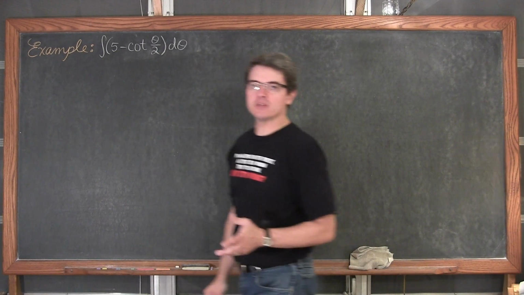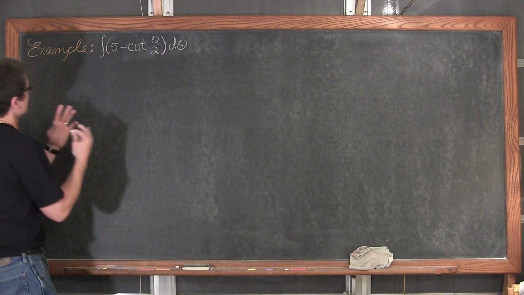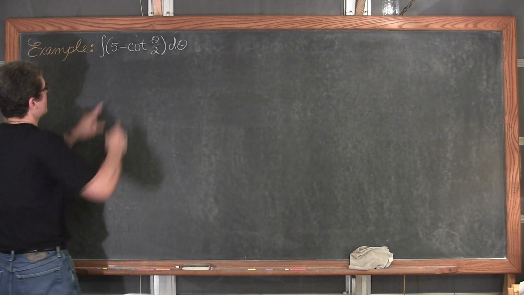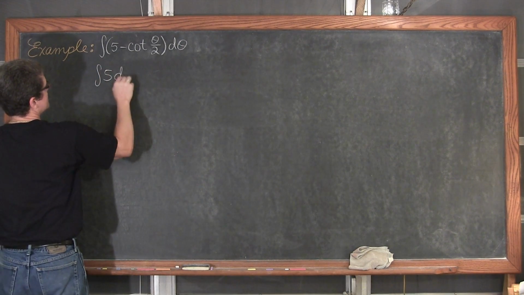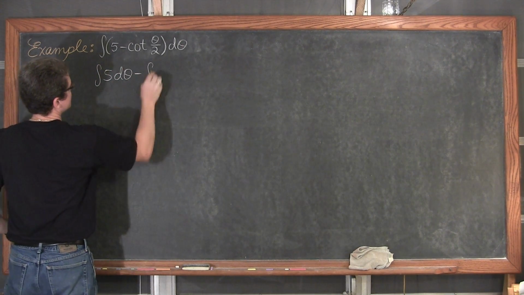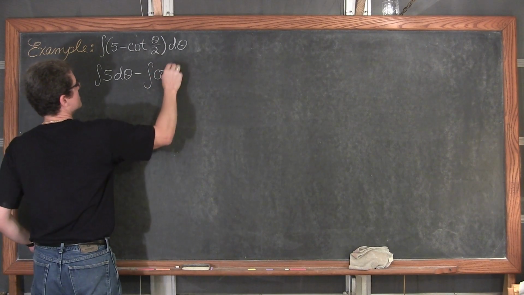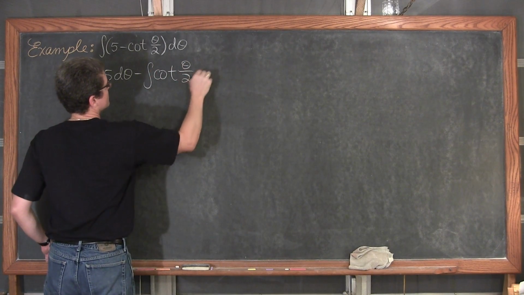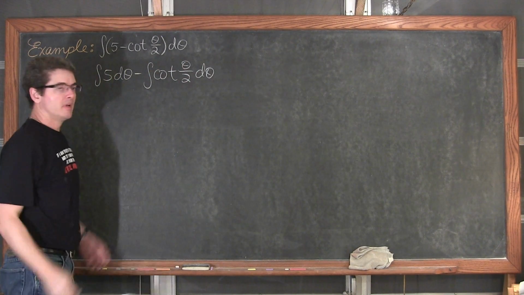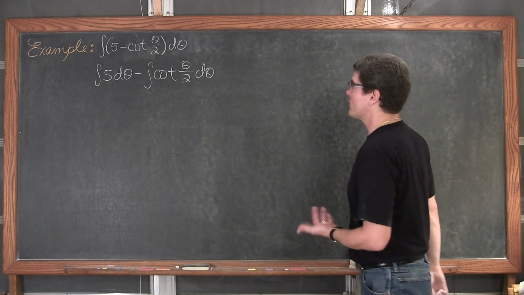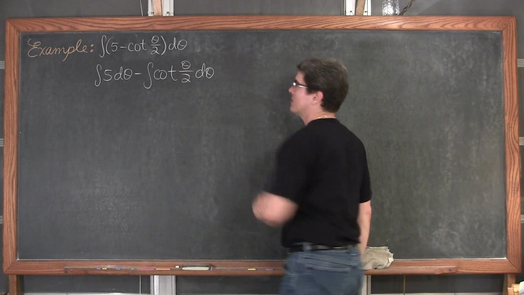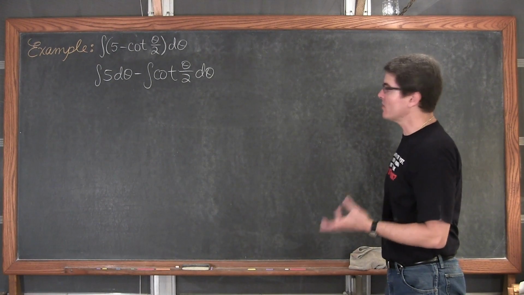Okay, first thing I want to do is, again, just for clarity, get it in all little tiny small steps so it's easy to understand. We're going to separate these two terms and get the indefinite integral of 5 d theta minus the indefinite integral of the cotangent of theta over 2 d theta. And really the first term there is already set. It's just going to use a power rule. But over here, I have an inside function of theta over 2 in the cotangent function.